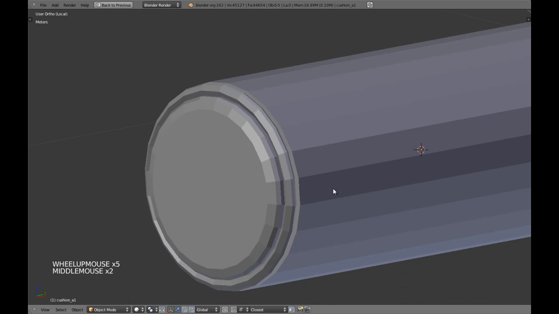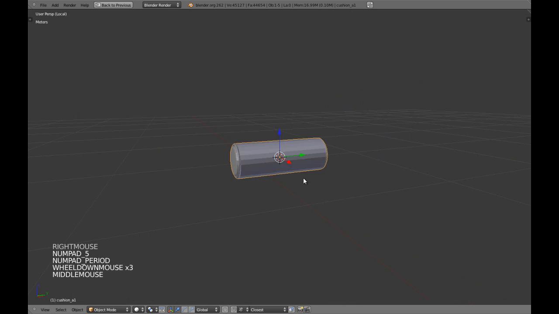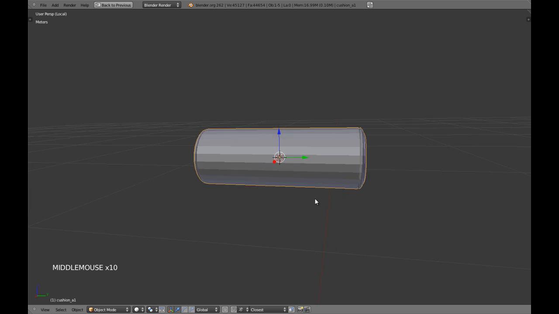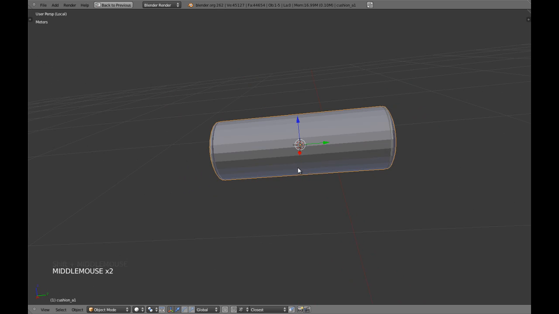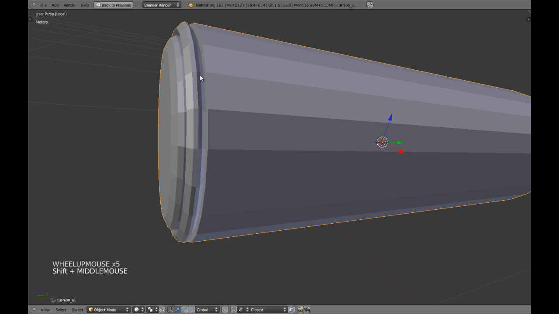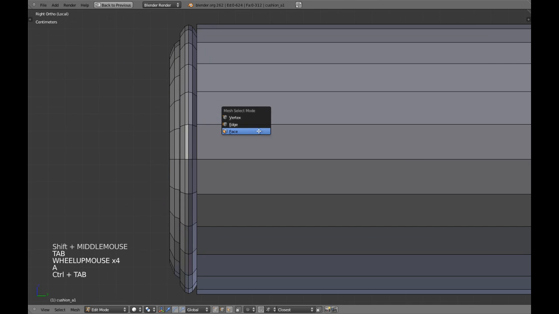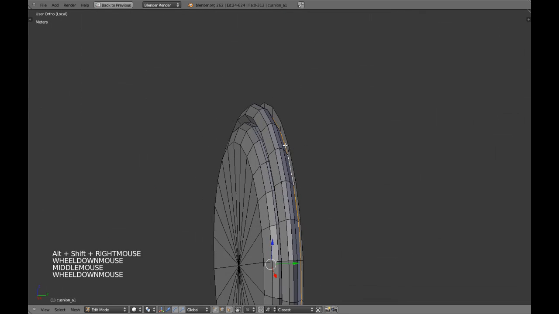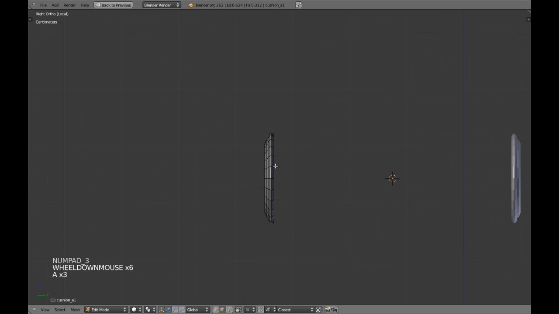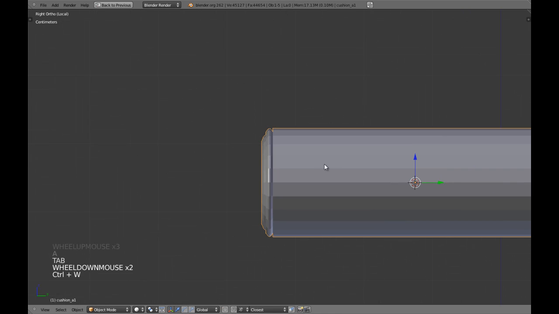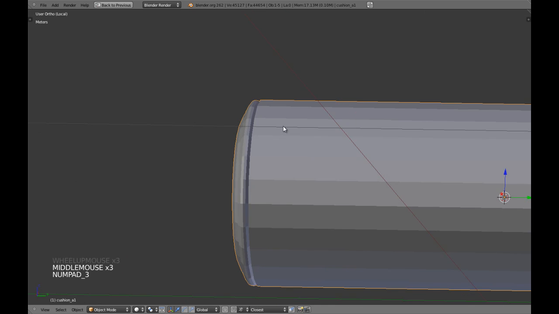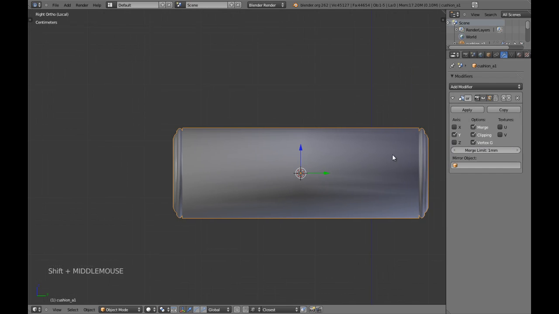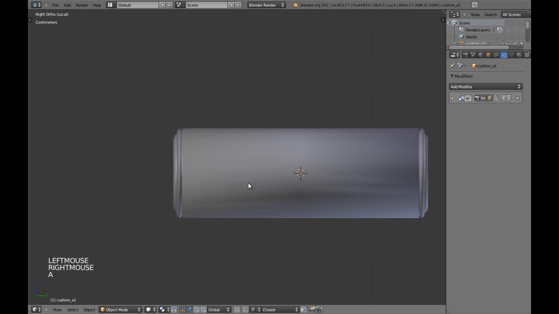So these objects, we are going to use a texture for when texturing, and right here, let me show you, is where our seams are going to be to create the UVs. So it's really important that we create the model thinking about that. Okay, now I'm going to add subsurf,